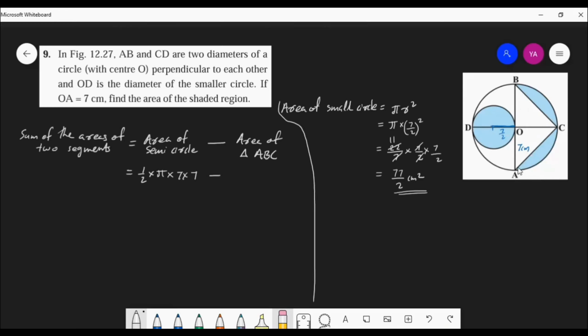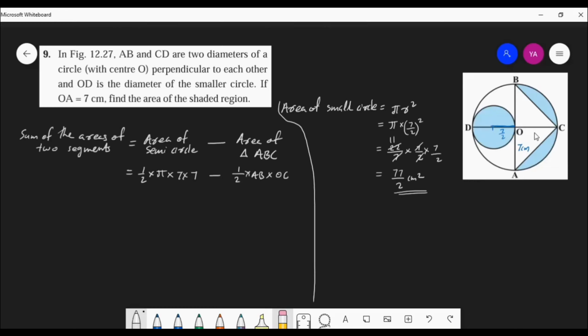Here we know the side AB and also the distance from the side AB to the opposite corner, that is OC, right? What will be the length of AB? That will be the diameter, 7 into 2, that will be 14. And the height from this side to the opposite vertex will be again another radius, 7 centimeter. I think we can do it in this method. That is, area of triangle ABC is equal to, we can use the formula half base into height, and here the base we can take as AB, so AB into the height, which we can take as OC.